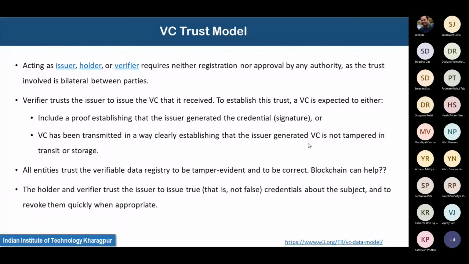And the third point is very important. The entities, of course, trust the verifiable data registry to be tamper evident and to be correct. That is, it is not playing with these identifiers for the issuer or the holder. And of course, that is the point. So this VC as such that we are discussing is independent of